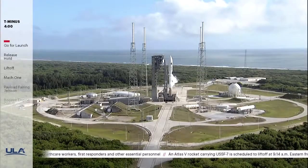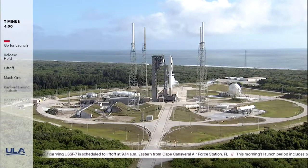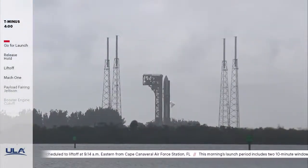Polling is complete and the ULA launch team and the Space Force's mission director are go for launch. From T-minus 4 minutes until launch, you will be listening to Dylan Rice and his team performing the final steps in the countdown procedure. You will hear the team call out that Atlas liquid oxygen topping has been secured, followed